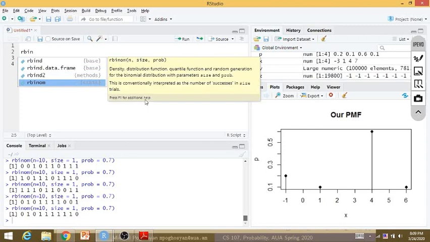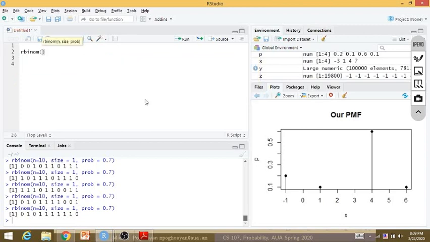So rbinom. Here I need to write how many experiments I want to do. Say I want to have one experiment. Size: so again, let me recall what we are doing. This size is showing the number of repetitions of one trial. Say we are repeating something 50 times. And the probability of success is